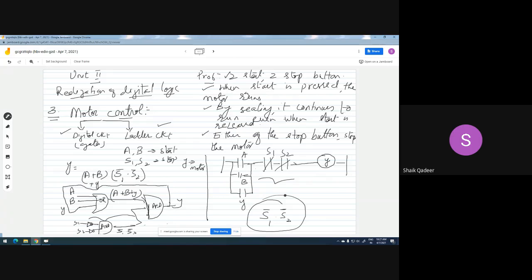Now, the reason why this problem is given once more in the realization of digital logic with the help of both digital circuit and ladder diagram is